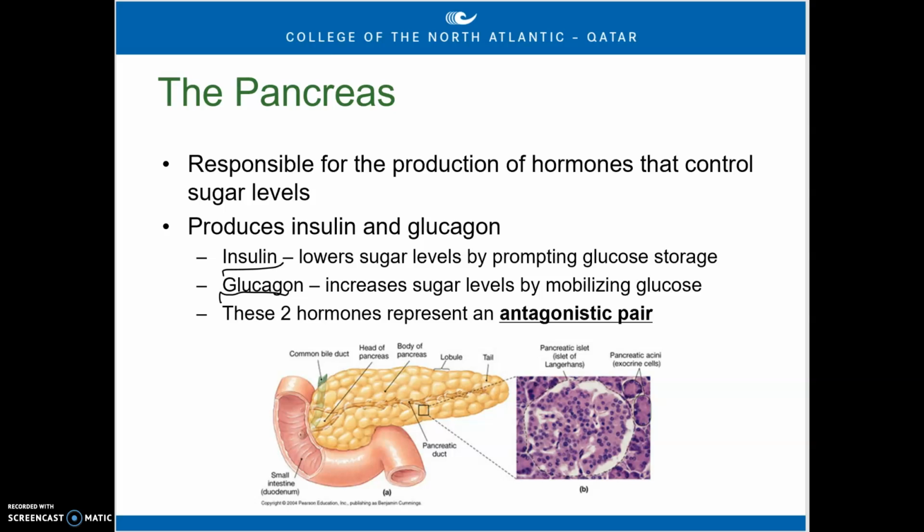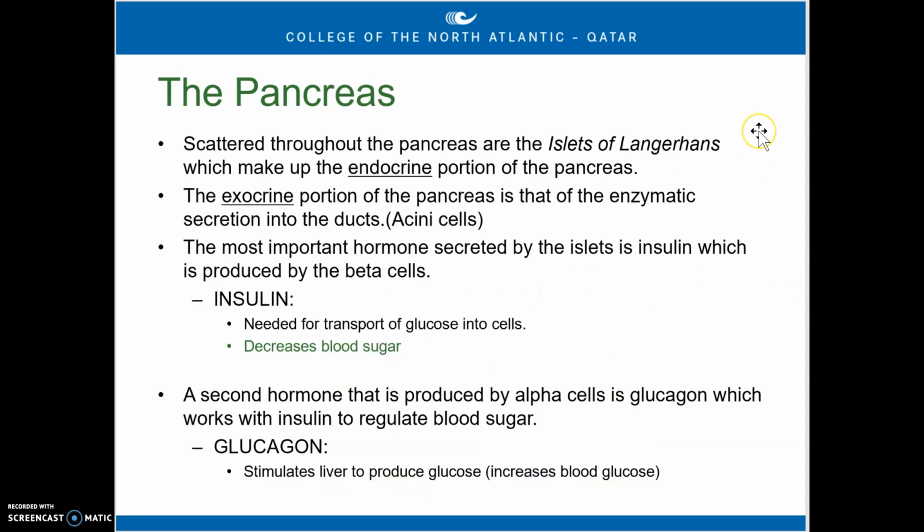They're produced in the pancreas in these clusters of cells right here, called the islets of Langerhans. So within the pancreas, you'll see these islets of Langerhans, and they're clusters of cells, and they'll make up the endocrine function of the pancreas. Like I said, the pancreas is more than just the endocrine function,